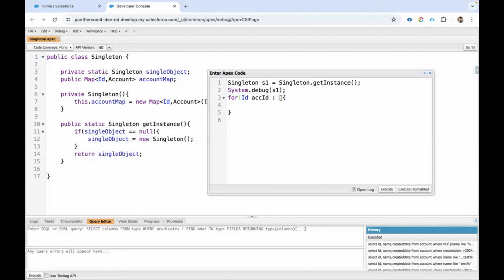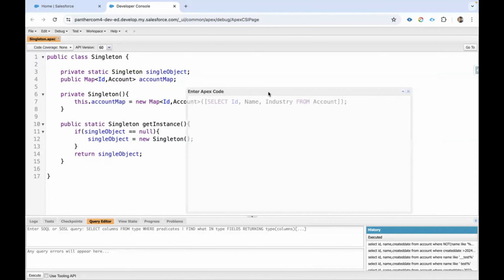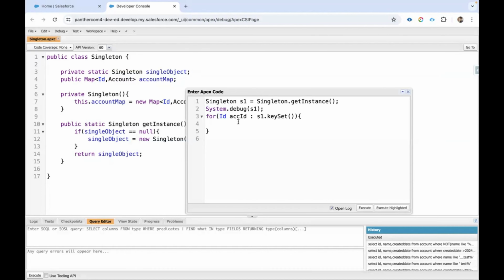I will be fetching all the IDs of that map. This will be returning all the IDs which are there. And if I want to print the name of all the accounts, I would be using S1 dot, because S1 is nothing but an